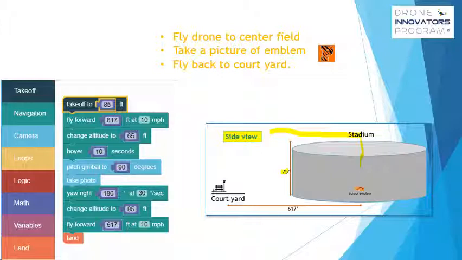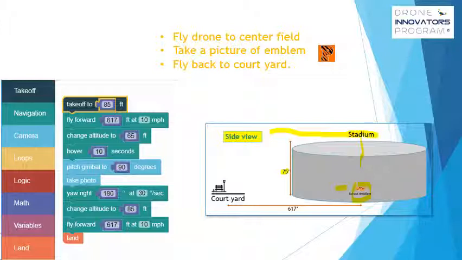Once it hovers for 10 seconds, it's going to pitch the gimbal. So it's going to move that camera 90 degrees. Now it's pointing straight down and you can see the emblem. It's going to take a photo. Now the next step is the drone is going to turn around completely so it's facing back the way it came. That's a 180 degree turn. If it were 360 degrees, which is a full circle, you'd be back where you were originally. We just want to about face, right? Then we're going to change our altitude and go back to 85 feet, which takes us to the top of the stadium here